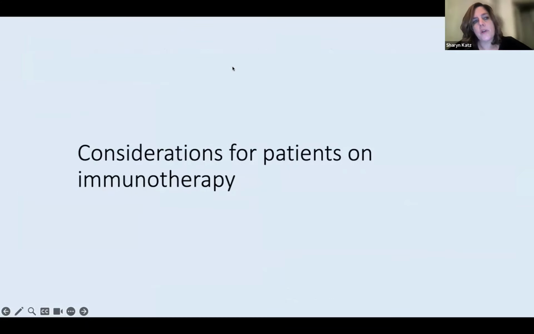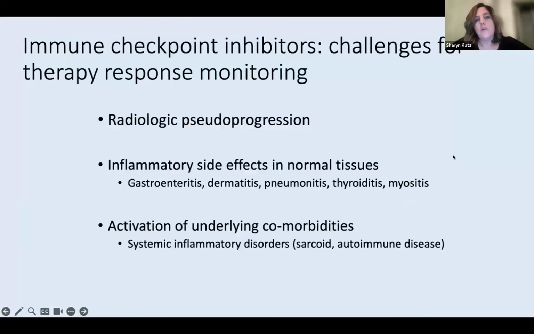Okay, so we've talked about the expected changes for radiation. Now I'd like to talk a little bit about some considerations for patients who are on immunotherapy. Patients who are on immunotherapy, specifically immune checkpoint inhibitors, which have become a part of the management of cancer pretty much across the board,